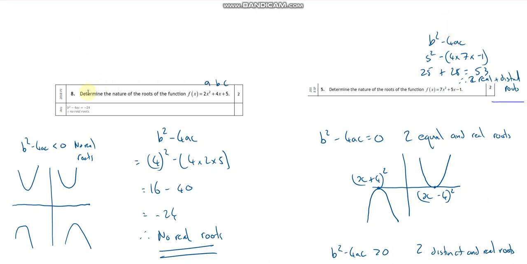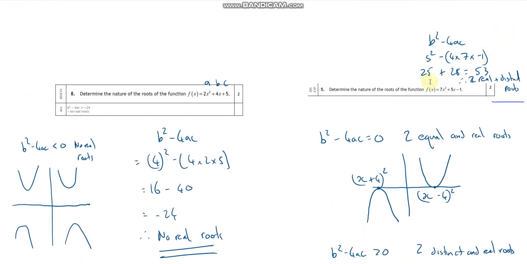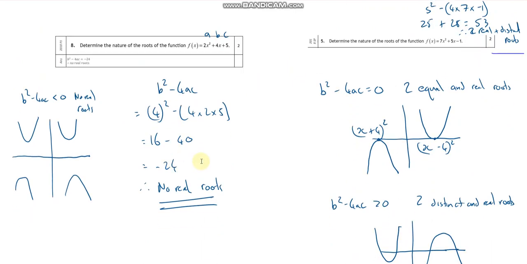So the point of this is you're looking at the discriminant, the bit underneath the square root sign, b squared minus 4ac. If it's a negative number, you can't possibly have any roots. That will not solve. You can't do the square root of a negative number. If it's equal to 0, you've got 2 equal and real roots. If it's greater than 0, you've got 2 real and distinct roots, or 2 different roots. Okay, and that's what that one comes as. Yeah, so that's the end of our,